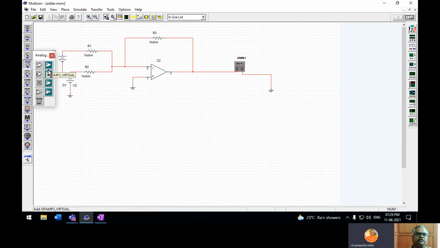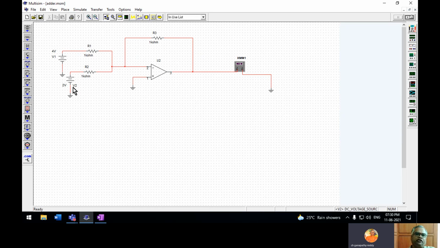So here op amp symbols are there. You pick up the op amps here. And positive is connected to ground. You know how to take all these things. Now here R1, R2, whatever notation I used here, again R1, R2. You know how to select R1, R2, R3: 1 kilo ohm, 1 kilo ohm, 1 kilo ohm.